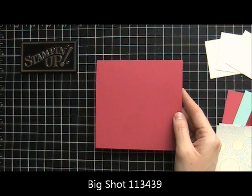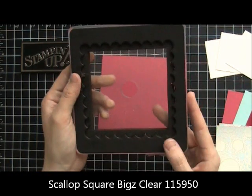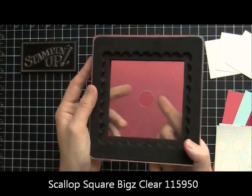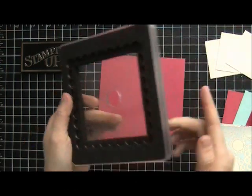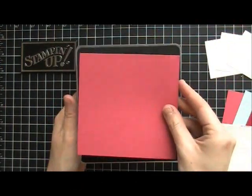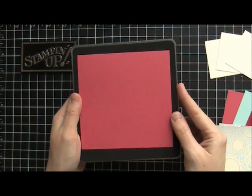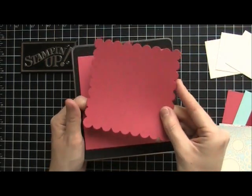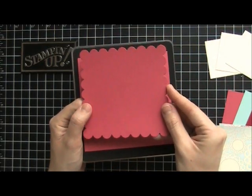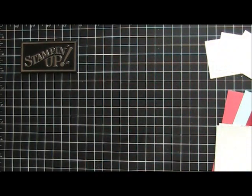Okay, so to make the box, you need your Big Shot, and then you also need the large scallop square, and it's actually clear, so it's right here. I don't know if you can see, it's actually a scallop square. And so you're going to run that through your Big Shot, and you're just going to place that right over there just like that, and you're going to run that through your Big Shot, and then you're going to get this right here, a scallop square. And then you need your Simply Scored,